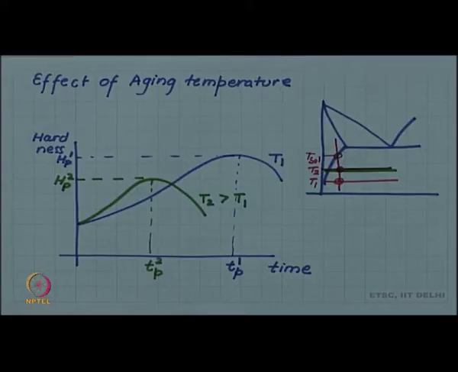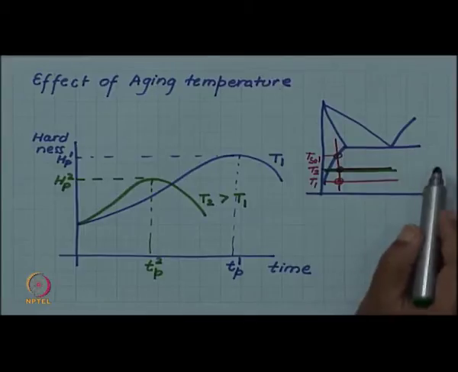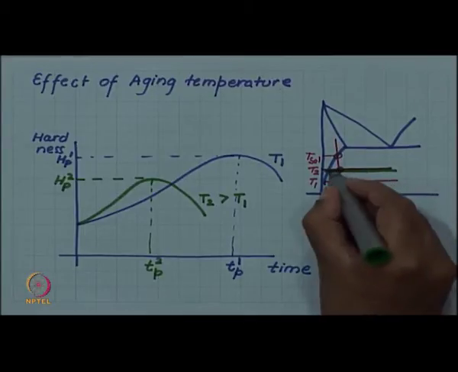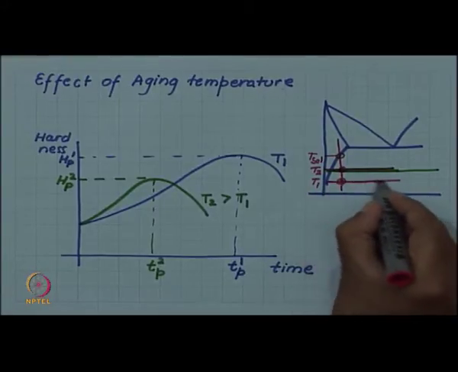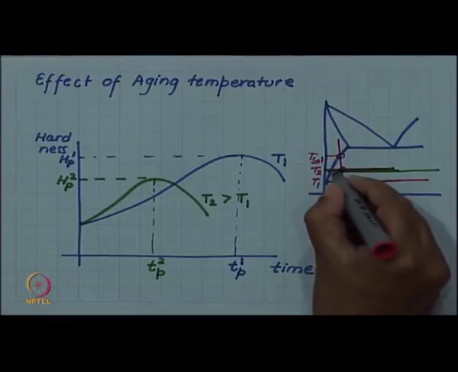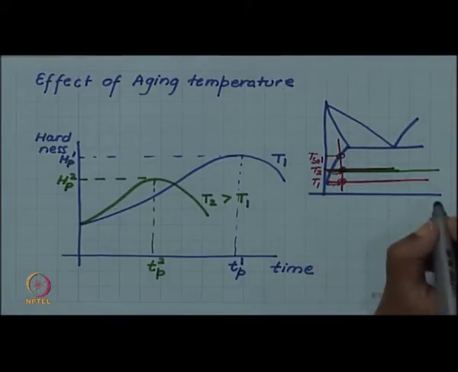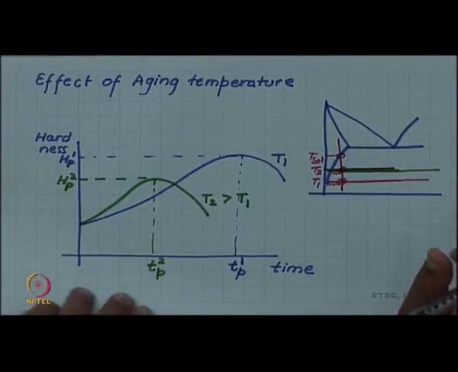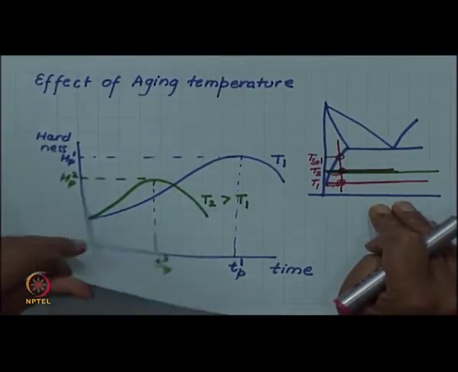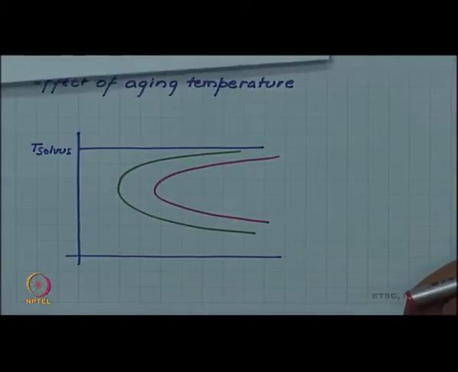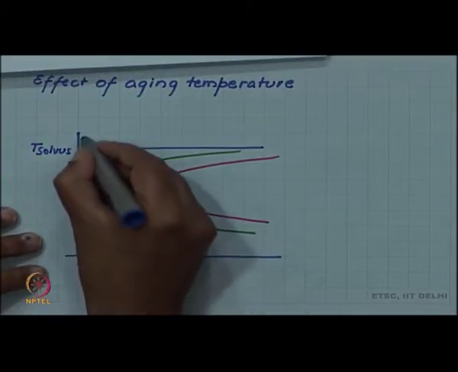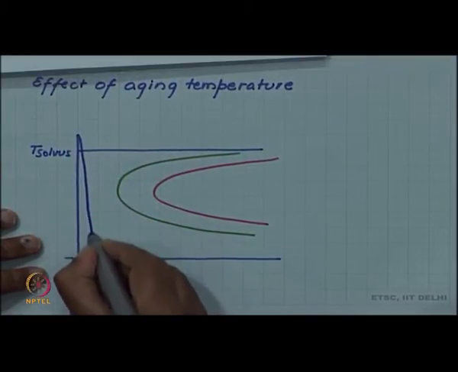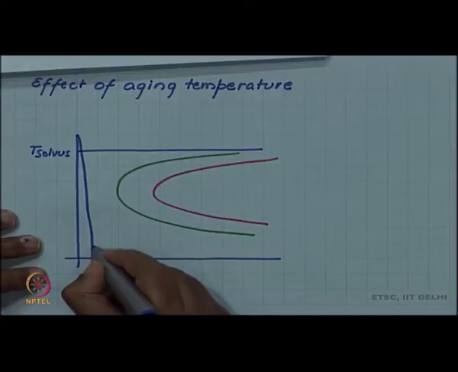First of all, you can see that at the higher aging temperature, in the same two phase field, if I draw two tie lines, at higher temperature you have a smaller amount of precipitate forming. So, the total amount of precipitate will reduce, but more importantly the answer comes from again the TTT diagram, because if you look at the phase diagram, you look at the TTT diagram. So, suppose you quench and then you aged at